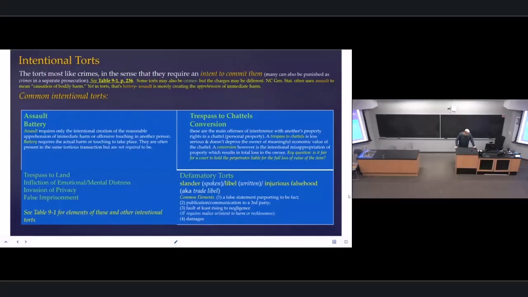But false imprisonment is another intentional tort, and for retailers in particular, it's important to know what you can and can't do with suspected shoplifters, because if you go over the line, if you cross that line of propriety, and for pity's sake, if you don't call a sworn law enforcement officer to assist as soon as you reasonably can, because the police can do things that you can't as a private citizen. If you don't do all of those things and you detain an individual for an excessive period of time, in most jurisdictions, they're typically talking about 10 to 15 minutes, then the party that you detained can sue you for